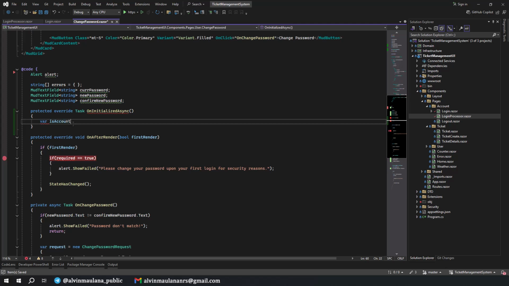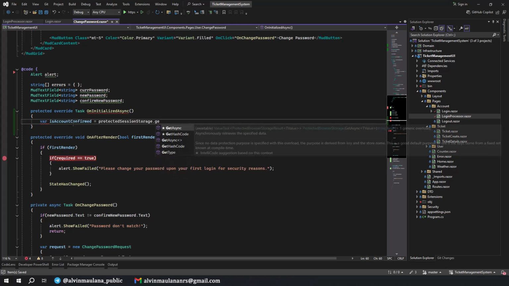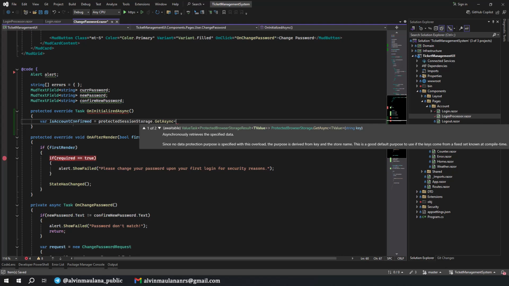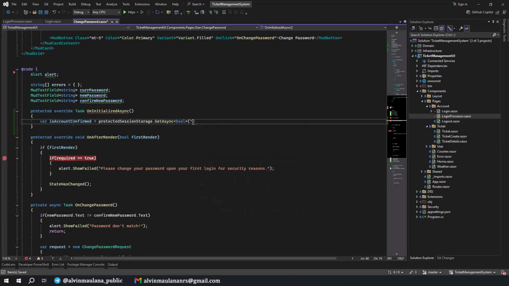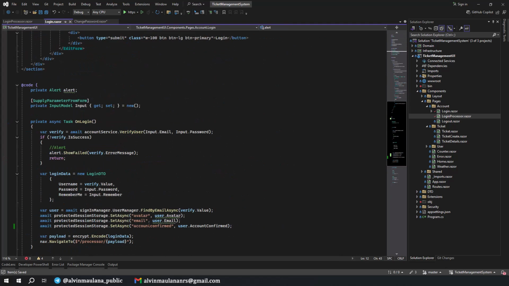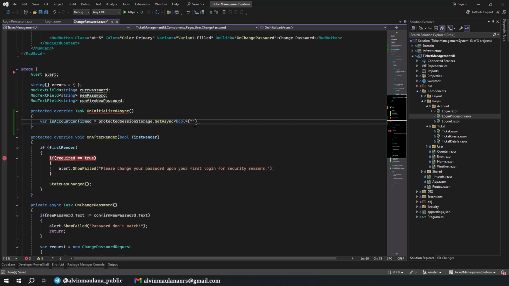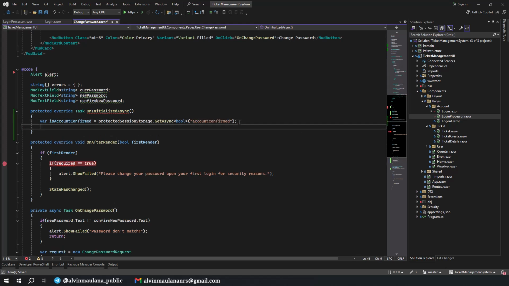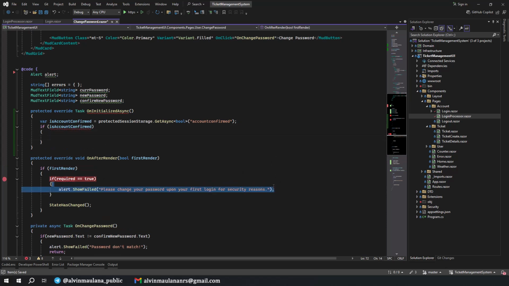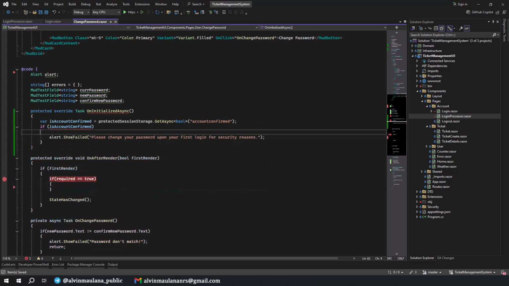It's account confirm, and then get asynchronous as a boolean from the session. To prevent a typo, I will copy and paste here, and then we can do it like this. If is account confirmed, then, is account not confirmed actually.